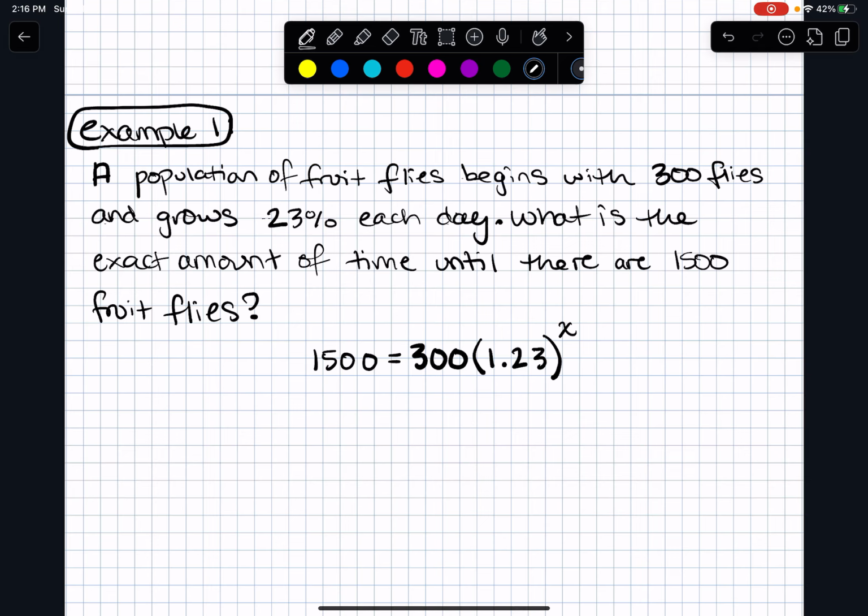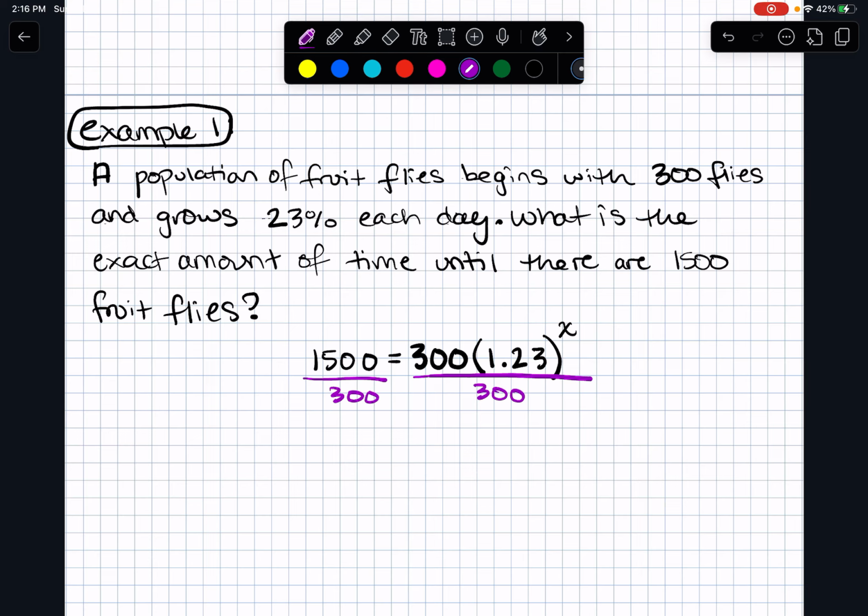So I have an equation, but my variable is in the power, and I need some way to figure out what number would make this equation true. If I'm working with a log, then before I use my logarithm, the first thing I want to do is any inverse operations I need to so that the only thing I have in my equation is a base, a power, and an argument. In this example, the 300 is not part of my base. The 300 is multiplied by my exponent. So my first step is going to be to divide both sides by 300 to get myself into